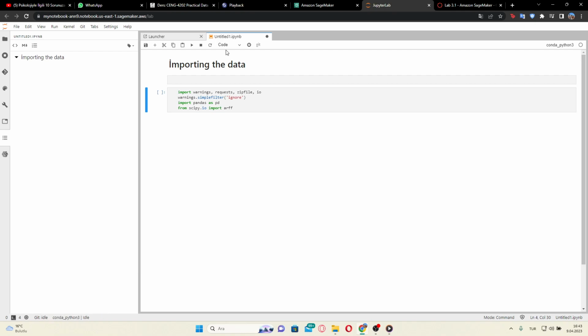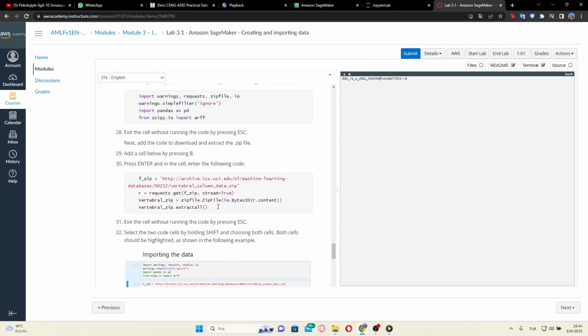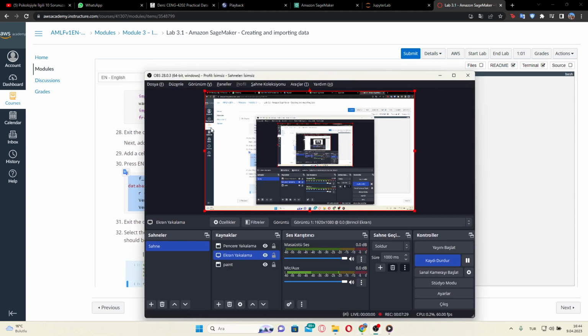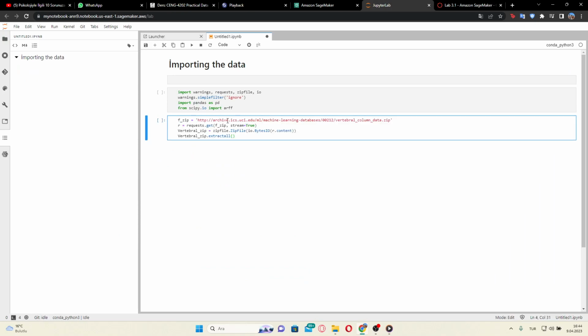Now we will also create a new code block. Just press Esc. Yes. See. And now press B to create a new code block. Now in here we will take this and we will copy. Now if I shift enter or just run from here,